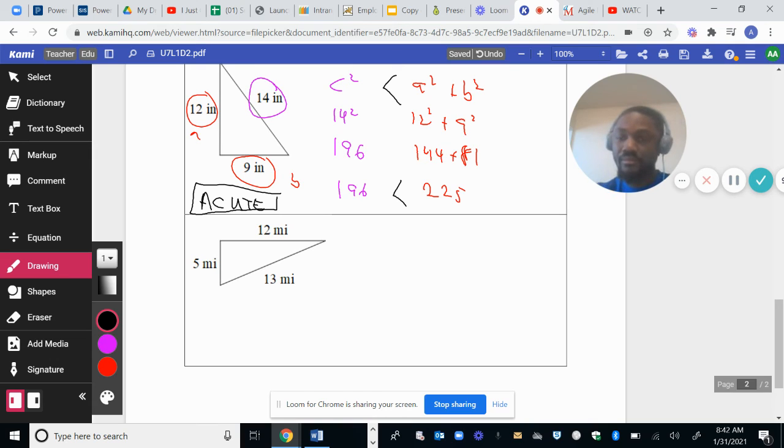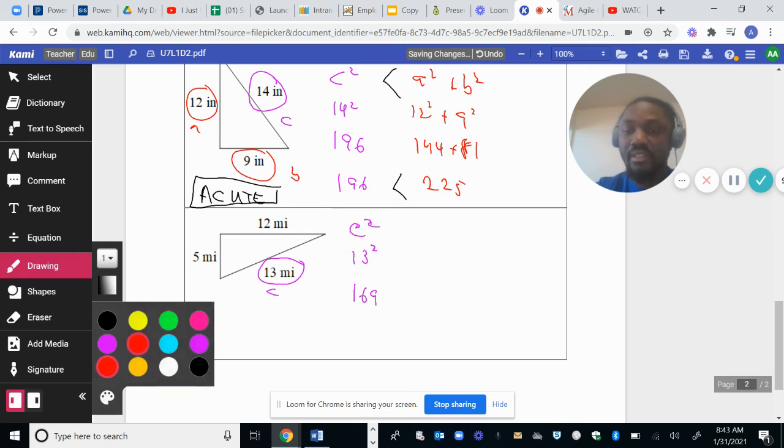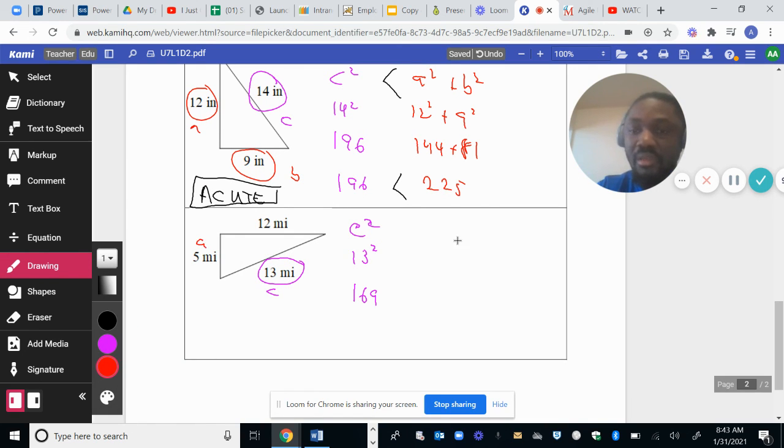Lastly, we have the same problem here. The longest side is 13, which is C squared, and 13 squared is 169. And on the other side, this is my C guy. C is always the longest side. And the other side, I'm gonna take this as my A because it's small. It depends on you, whatever you take, it's okay. So you're gonna take A squared